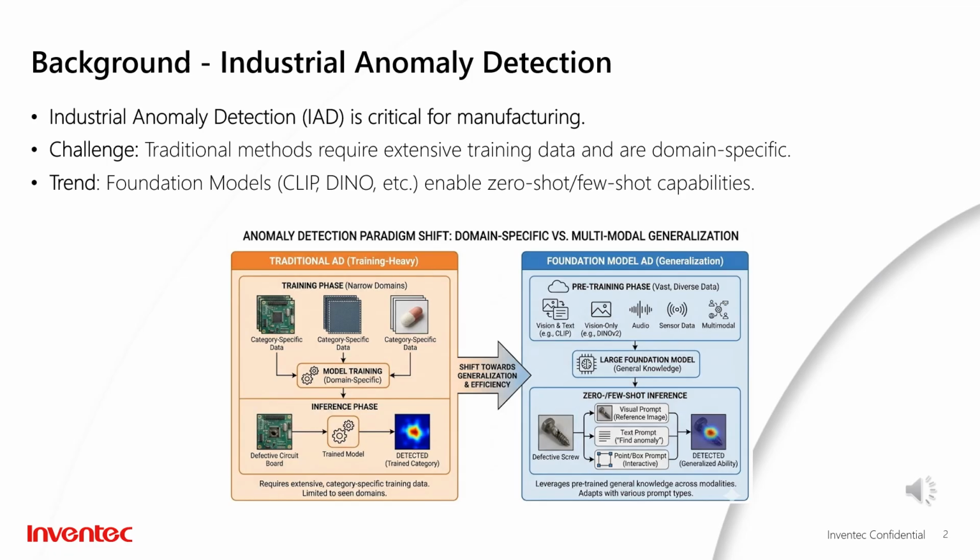However, we are currently witnessing a paradigm shift. We are moving toward Foundation Model AD. This new approach leverages large models pre-trained on vast, diverse datasets, such as CLIP or DINOv2. These models offer generalization, enabling zero-shot or few-shot inference. This means we can detect defects in new products without retraining the model, simply by providing a few reference images